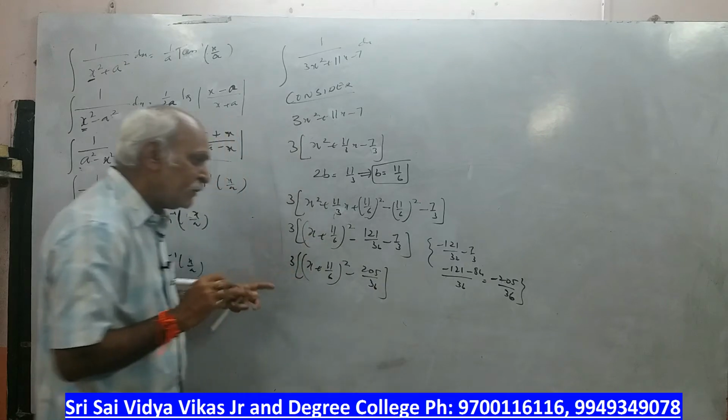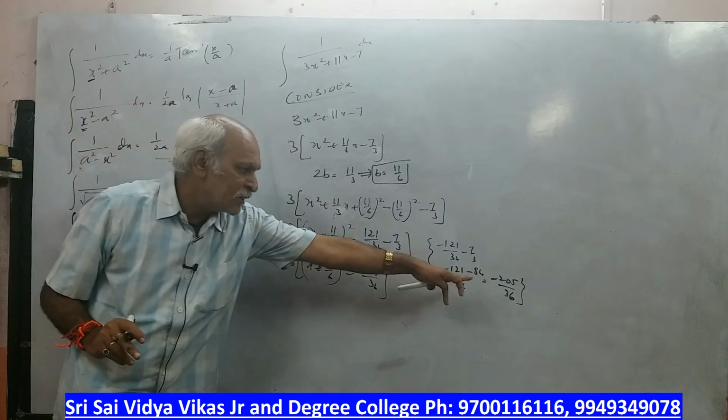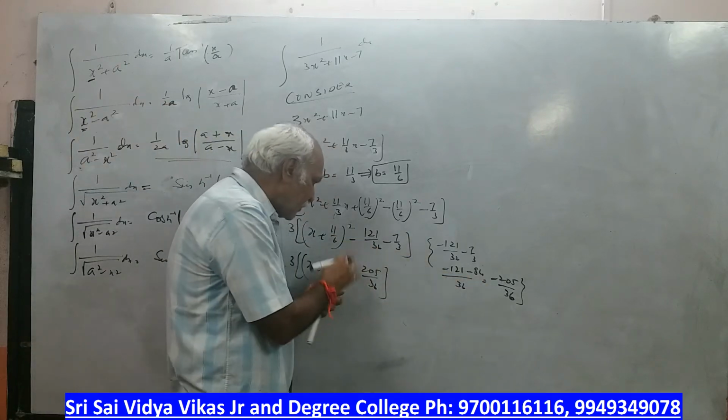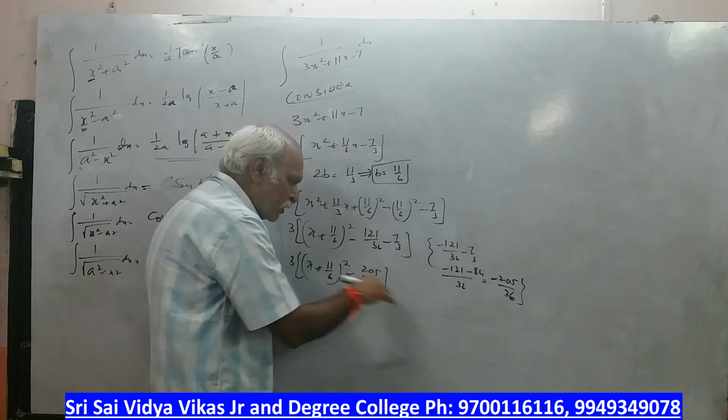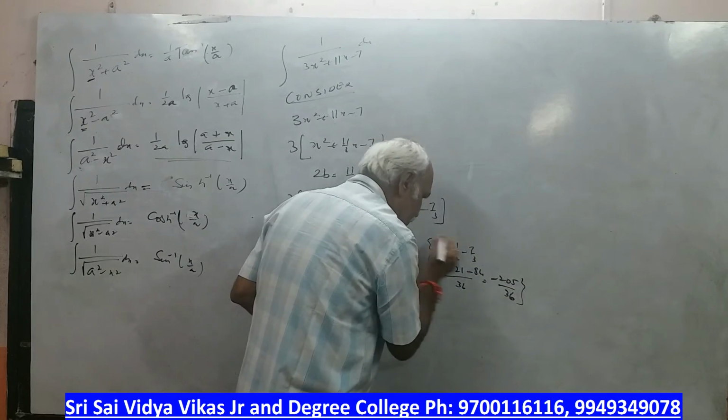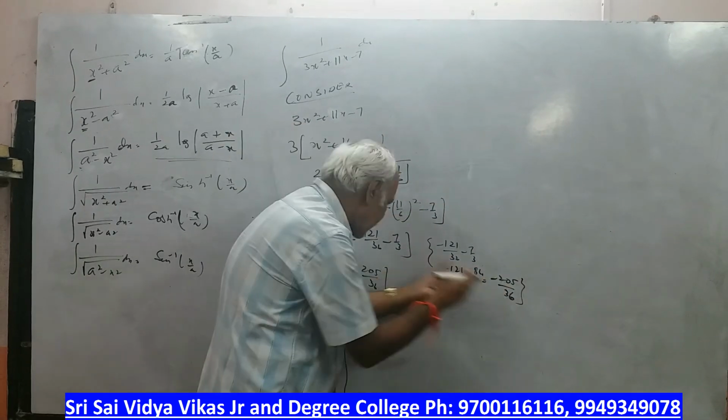Is it clear to everybody? Whatever sign you get, if you get a plus sign, you write a plus sign here. Don't bother about the minus. Minus of minus will not come, sir. Whatever we have taken, all that is the consideration. That's why I am putting a flower bracket. So whatever sign you get, you write it as this.